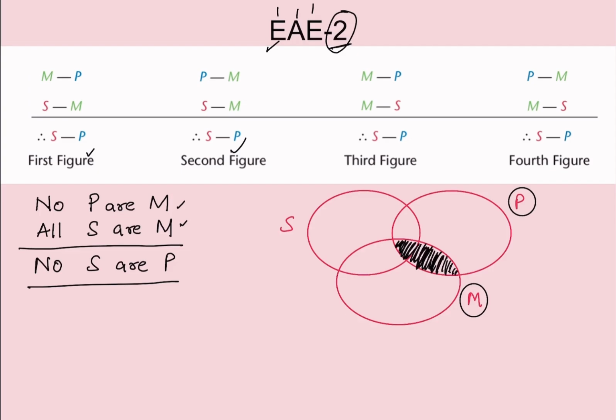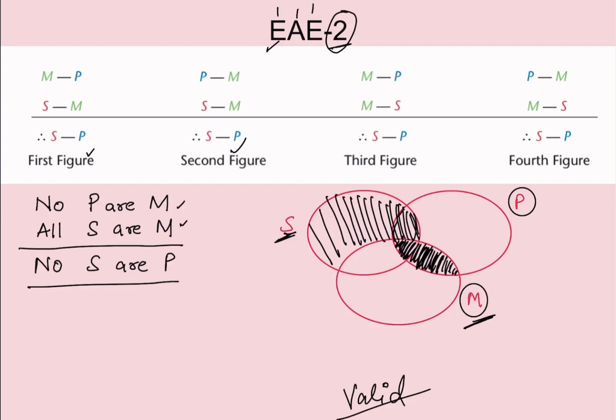Now next one is all S are M. So in case of all S are M, आपको S and M देखना होगा. So meaning that जो आपका ये part है वो पूरा shade हो जाएगा. Now what you have to do? आपने premises दोनों बना लिए. Now you should see whether it matches with the conclusion. Conclusion is no S are P. No S are P में ये पूरा area आपका shade होना चाहिए, and it is there. So this is a valid syllogism. So you have to tally it with the conclusion. अगर conclusion जैसा बन रहा है premises से, that means it is valid.